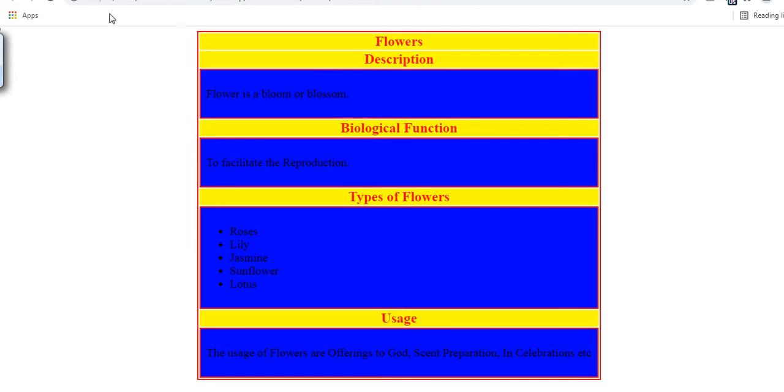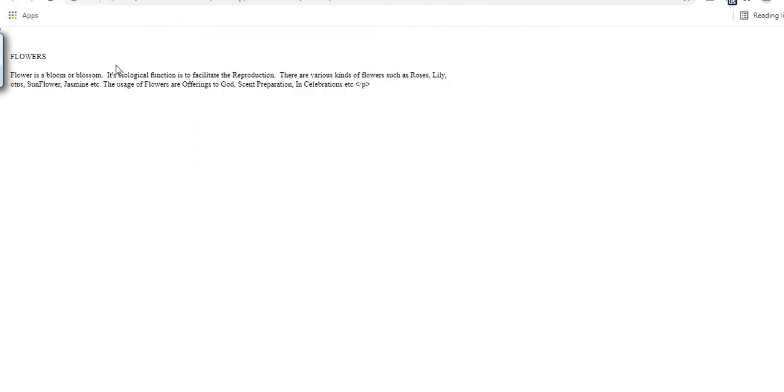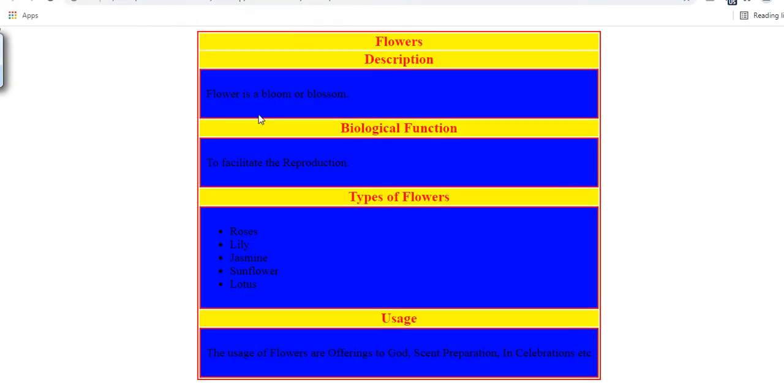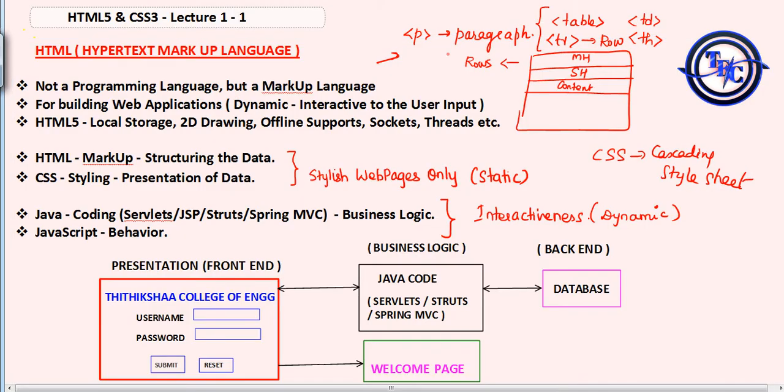So it looks good. Compare how this looks and how this looks. It looks good, right? She uses some tags and does some coding with whatever her teacher taught. Finally she comes up with the content looking very attractive, for which she is using HTML and CSS.